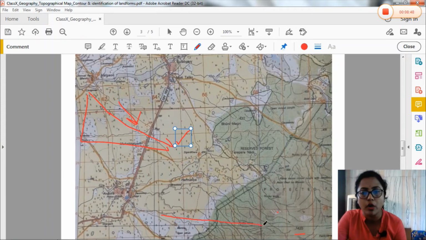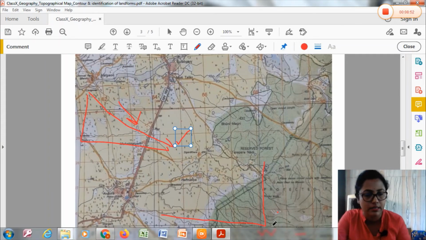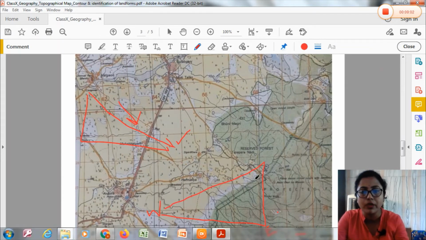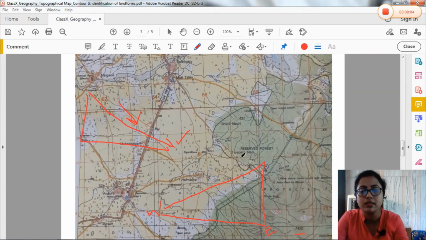So we can draw in this way. This side is the highland, this is the western side, this is the eastern side, your right hand side, and this one is the western side. So your slope will be which side? From east towards west, you can say from southeast towards the northwest. So this is the general slope of the land. By seeing the contour pattern, you can understand what the general slope of the land is.